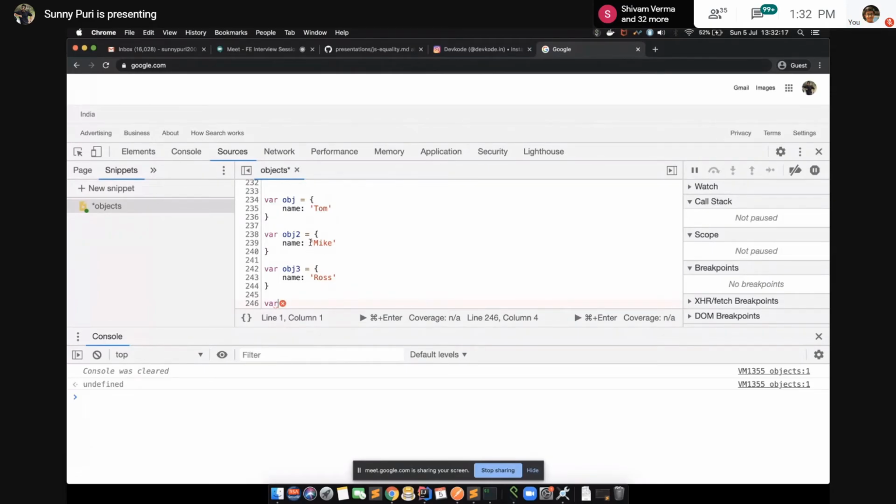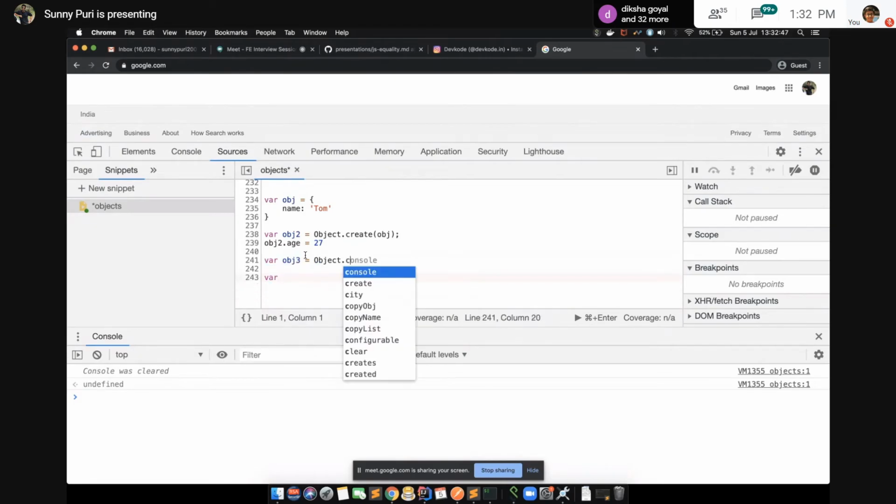I inherited object, then I added some property, say age, using Object.create.